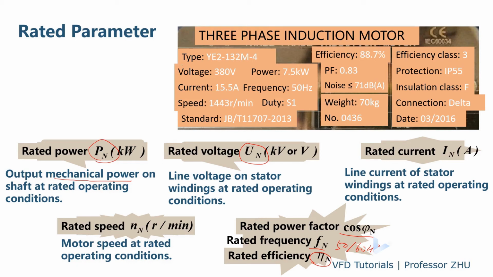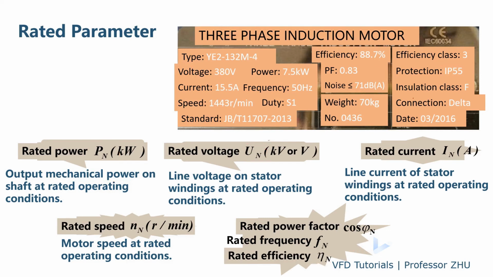And this is a typical nameplate. This is the type of the motor, rated voltage, power, current, frequency, duty cycle, rated speed. This is the standard, IEC or NEMA or JIS or whatever. Power factor is sometimes on the nameplate, sometimes not. Also efficiency, it's not always on the nameplate. Noise, weight, number, efficiency class,